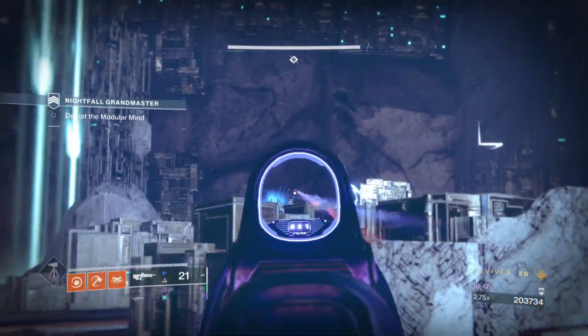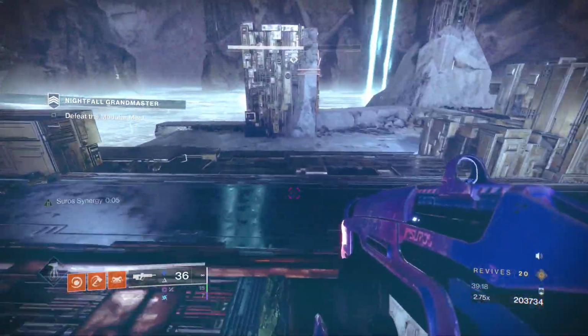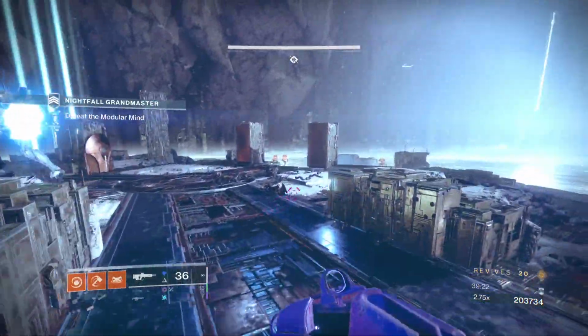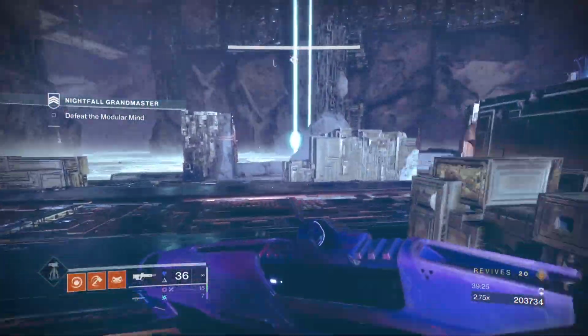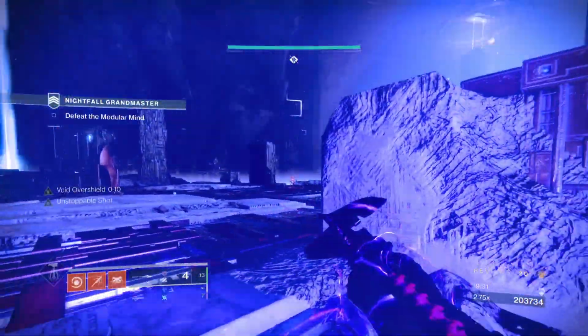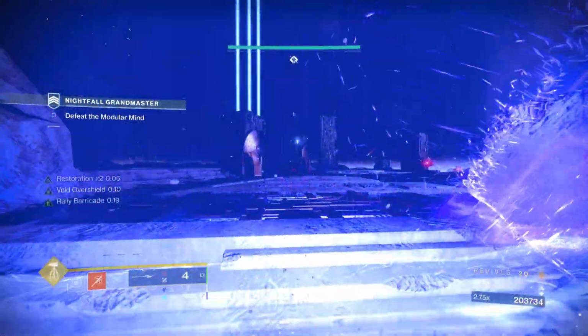Alright, so once he starts to move, like this, he just walks around across. Now he will shoot his arc charge, so make sure you jump. And then this is the perfect time to use your glaive bubble. Now, honestly, I would be aware of the